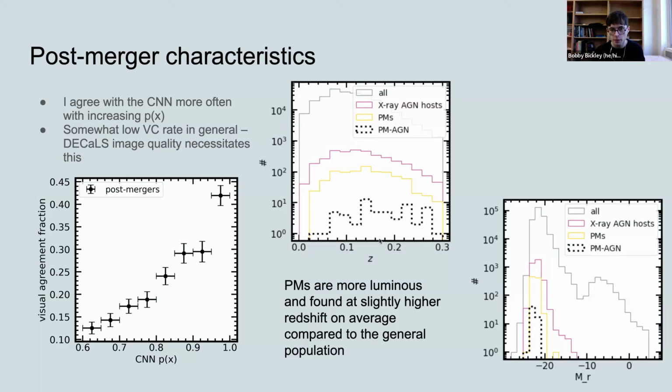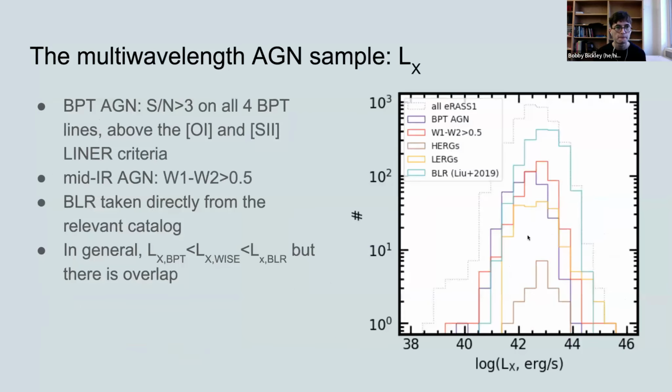I'm showing the redshift distributions of the mergers, and the same in R-band absolute magnitude, which at the moment I'm using as a proxy for stellar mass, rather than using any stellar mass catalog. The reason for that is that stellar mass catalogs are typically not available for galaxies that host broad emission lines in their optical spectra. This is something that we're working around, and I'll mention a couple of notes about that at the end. We may have galaxy stellar masses for the entire catalog pretty soon.